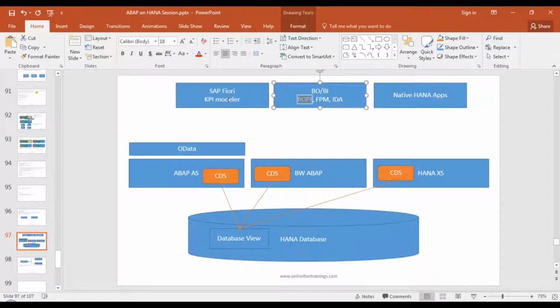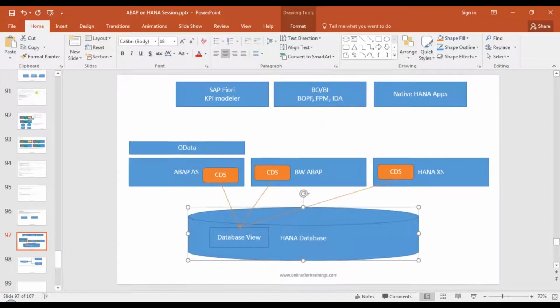We saw in our calculation view that we were doing aggregations like sum, average, mean, max. So how do you define that? I want to calculate a total in my database layer. I want to do an average of this value in my database. As you all know, the thumb rule for code pushdown is that all the calculation is done in the database and only the final result is sent to the application layer. So that's exactly what should happen.